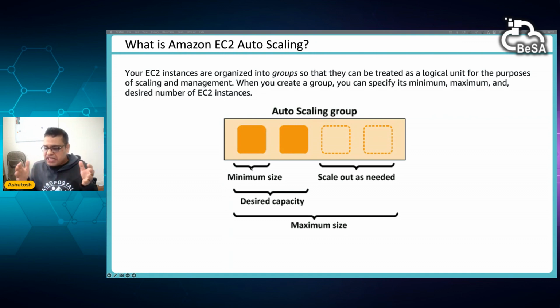What will happen? It will keep on increasing your capacity, your EC2 instances in this case, to a massive number, right? And your infrastructure will absorb that attack. So your customer experience is there. Legitimate requests, which are your customers' requests, will not be dropped because we have massive infrastructure.